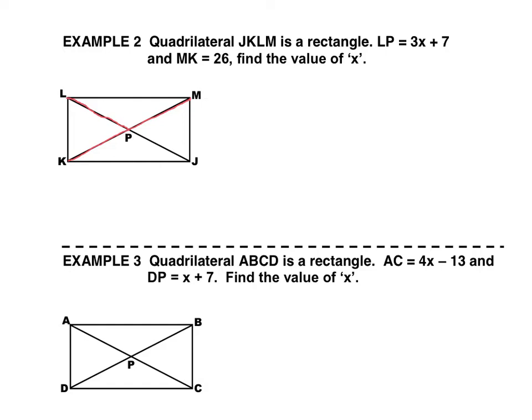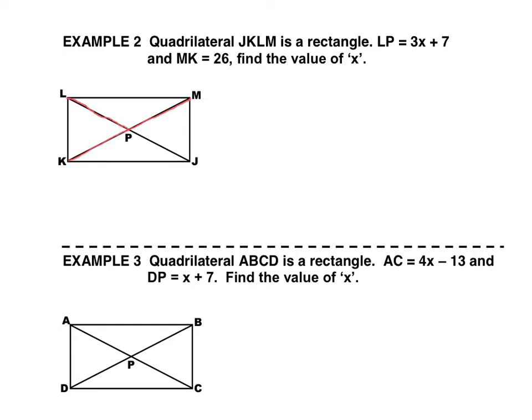Not quite, right? LP is only half of the diagonal LJ, right? This little part right here is only half of this diagonal since the diagonals bisect each other. Okay, so LP is just half of the whole thing. So we have a choice. We can either double LP, because there'd be one of them here and one of them here, right, to make the whole diagonal. We could double it, or we could say that this half is equal to half of the other diagonal,